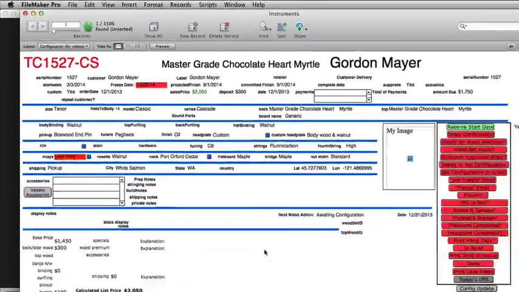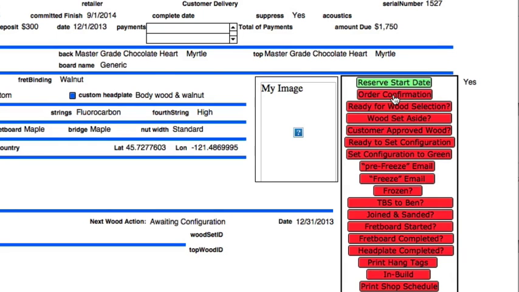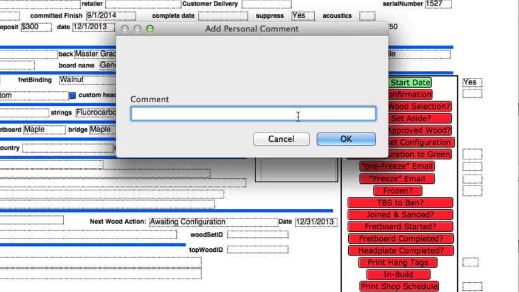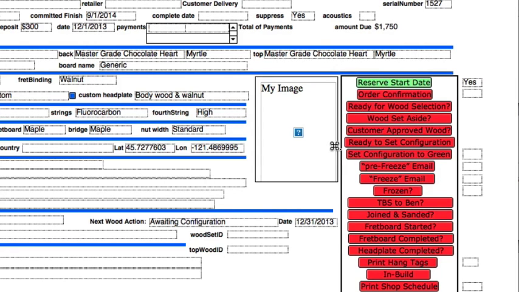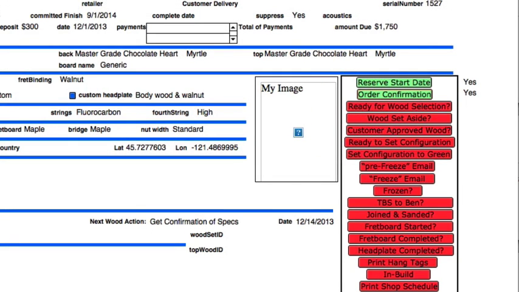The last thing I need to do here is send an email to our customer and tell them that the order is confirmed. So I'm going to hit that button right there, order confirmation, and it says it's going to send an email. And the next step in the process, once we've done that, is to hear back from the customer saying, I'm sure that this is the wood that I want, because Shard will not start wood selection until the customer has said, yes, it's the size, the model, and the wood that we want. So I have the database automatically put that information in. So I'm going to say OK. Now you can see that order confirmation here went to green,